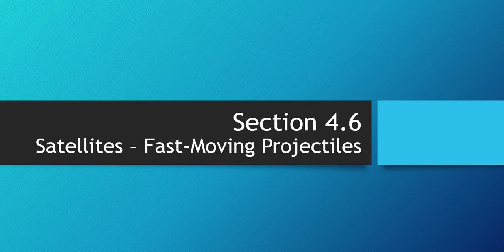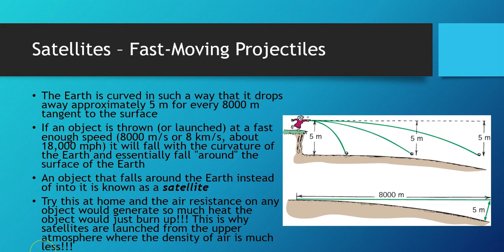Section 4.6, Satellites, fast-moving projectiles. When you have a slow-moving projectile, in the last section we said that the curvature of the Earth doesn't play a role. If the projectile is moving faster, though, it can matter. The Earth itself is curved in such a way that it drops about 5 meters for every 8,000 meters tangent